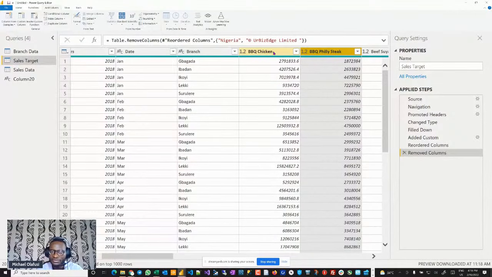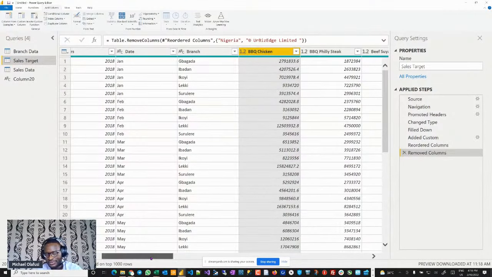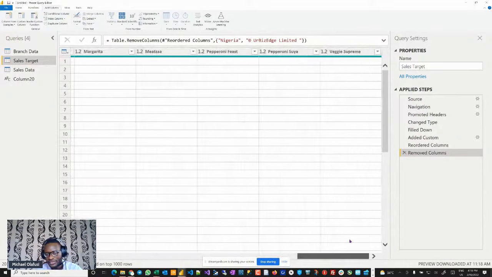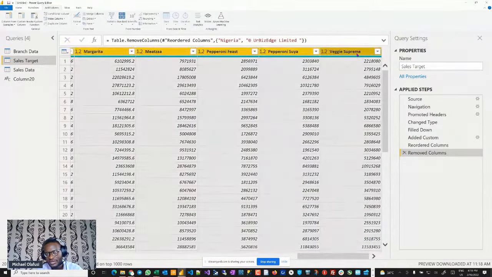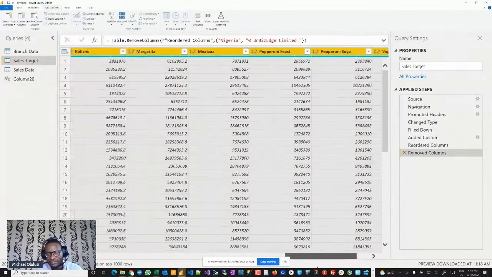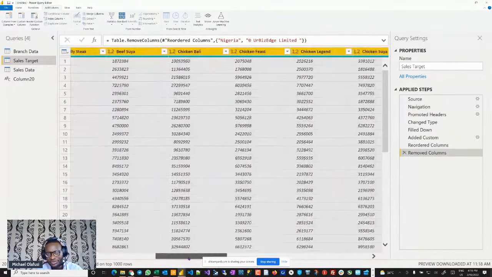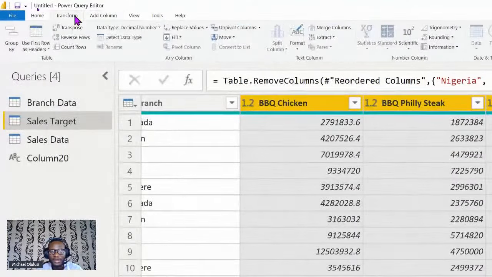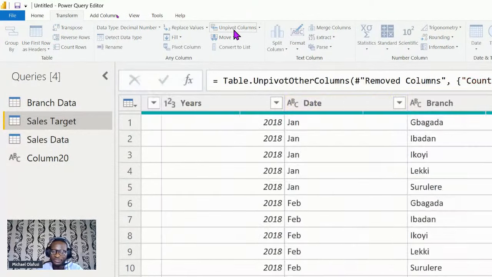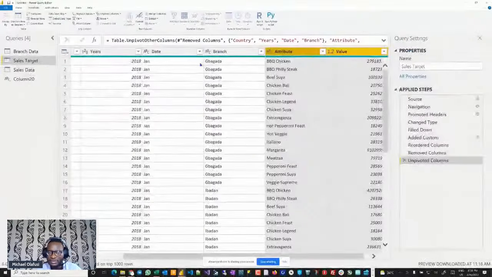So to do that, I'm going to select all of my products. I select the first product, I shift scroll to the last product and click. So that selects all of them for me. I can right click, but just to show you that also, I can go to transform and you will see unpivot columns. If you pick unpivot columns, it's going to flatten those records.